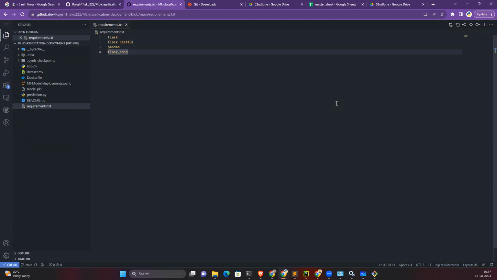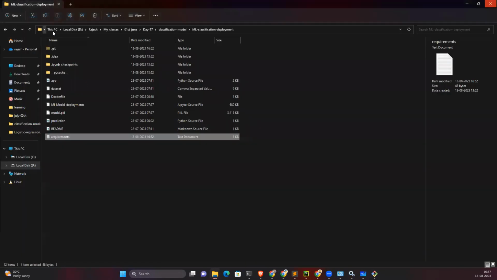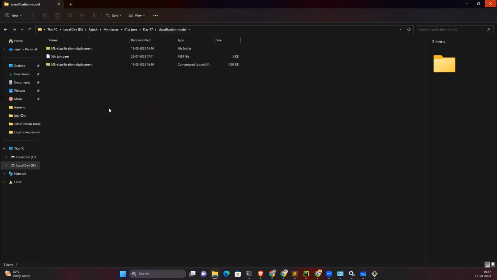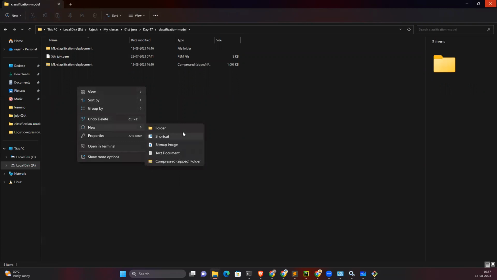Okay, so let's suppose this is your repository. Outside, create one folder. Any folder. Now go inside that folder.